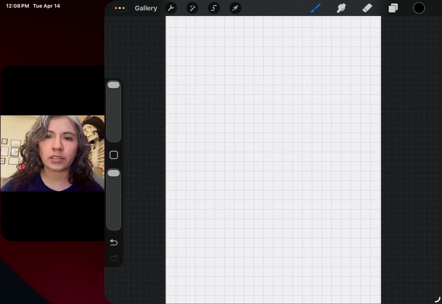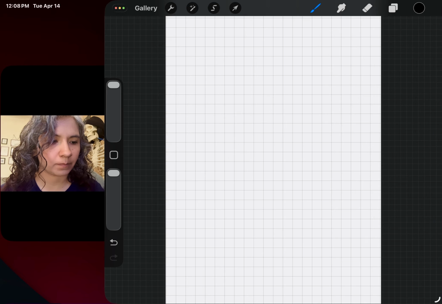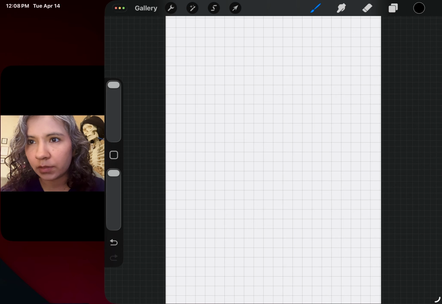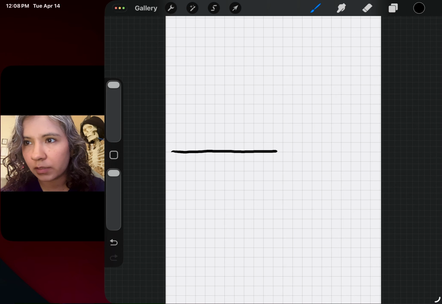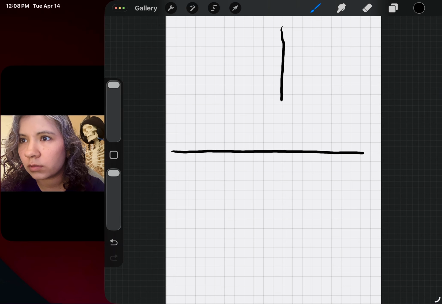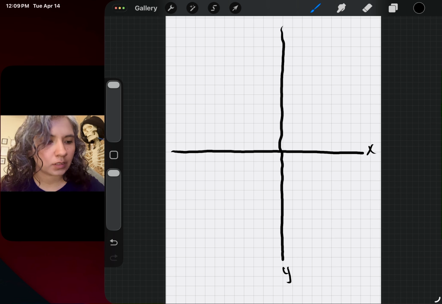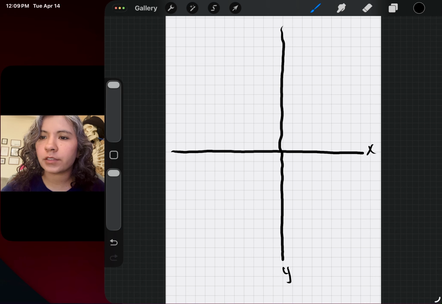For now, let's talk about graphing functions. All functions can be displayed as graphs on a coordinate plane. We use x and y when we're graphing. So here's y, here's x. Okay, so the function